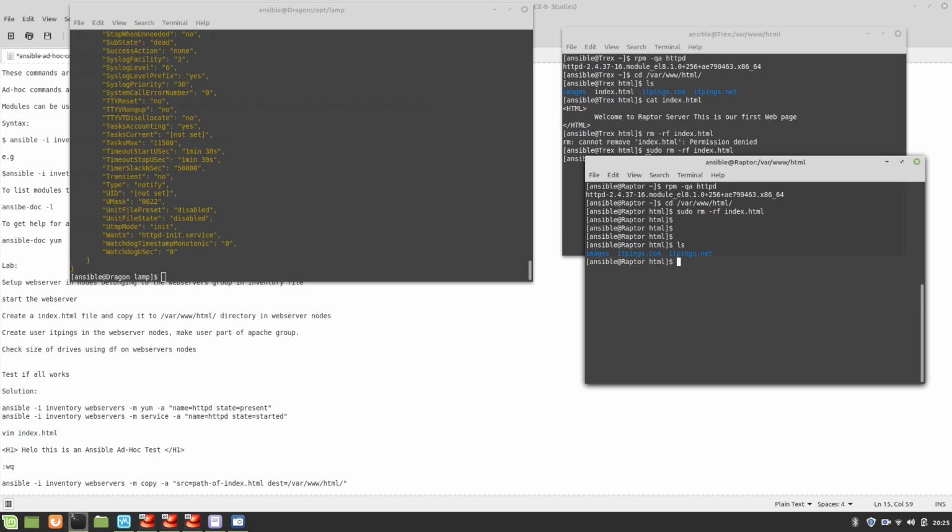Okay, so now we don't have index.html. So now what we need to do is copy it. Ansible -i, and again we will use the same thing. And this time the module I'm going to use is copy, and the argument I'm going to use is source this time, and source is /opt/lamp/index.html,